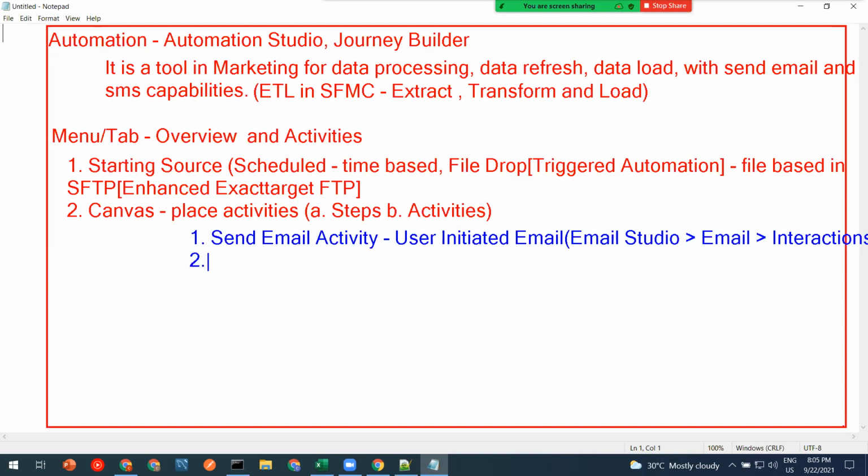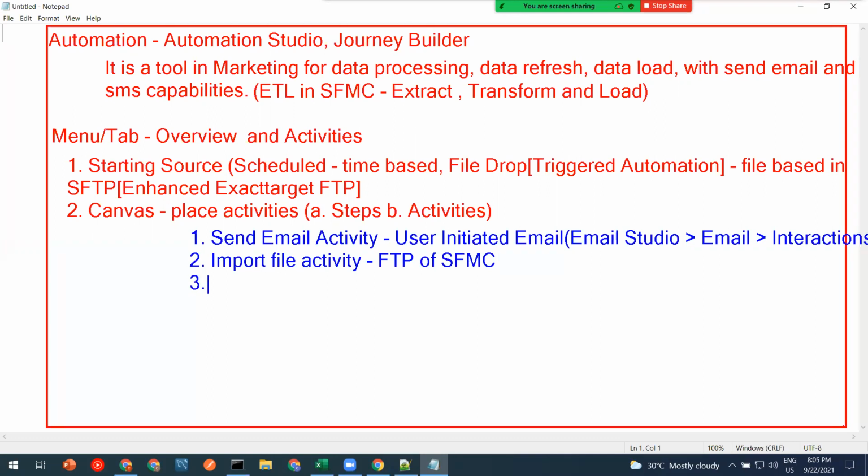The second thing is all around data processing. Let's assume that you want to bring data from the SFMC FTP. You need the import file activity, and this will refer to the FTP of SFMC. You should have the username and password to access it. This is the one which will bring the file. It will take a file in FTP, process it, and put it into a data extension or list. The file format should be CSV or text. These are the two major supported ones.